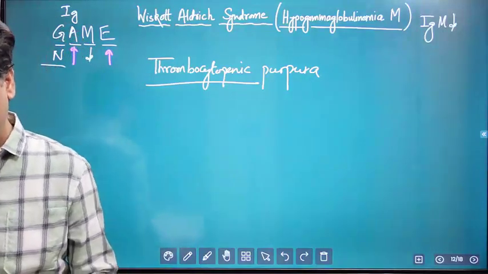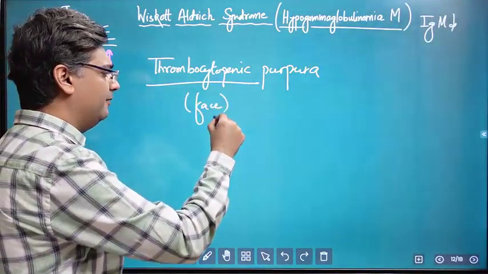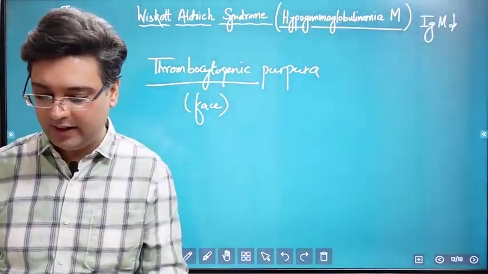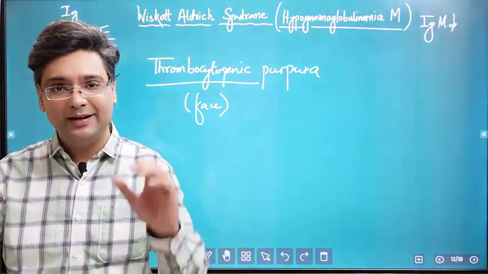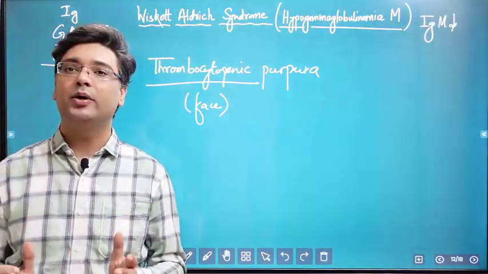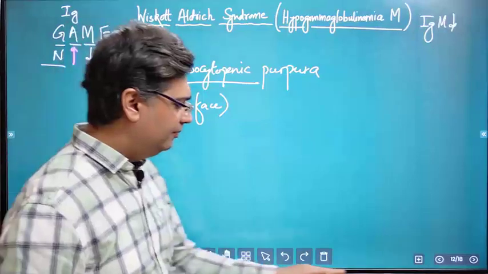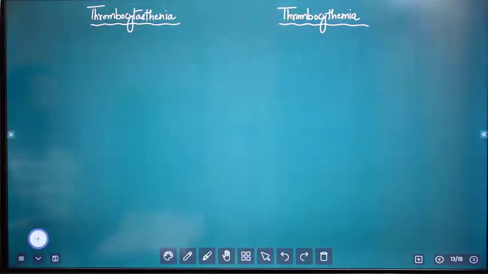is specifically seen on the face. We have rashes on the face, redness on the face, and there is increased susceptibility to infection as well, because your main immunoglobulin, which is IgM, is going down. Okay, so next we are coming to more terminologies which are associated with platelets, and this is called